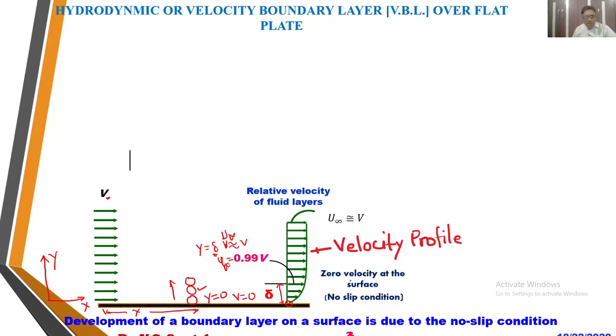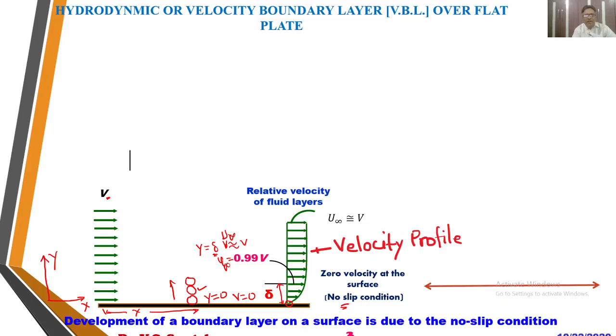At the surface, the zero velocity occurs because of the no slip condition. So essentially what is happening, because of this no slip condition, velocity boundary layer formation is taking place, and this velocity boundary layer region is dividing the flow